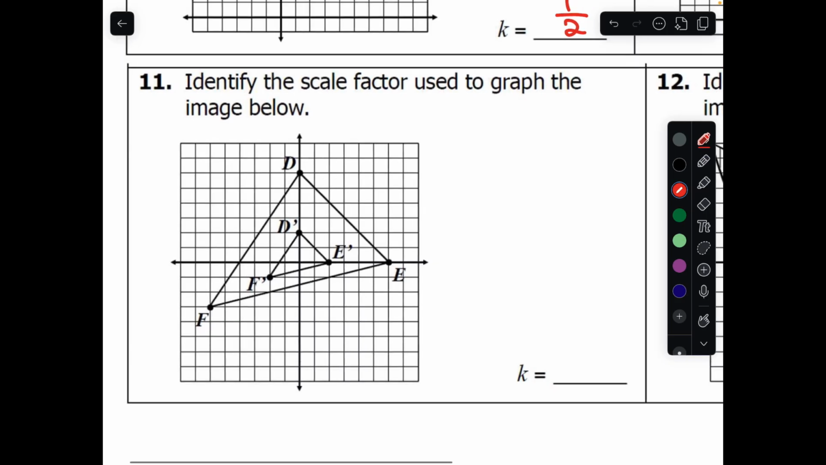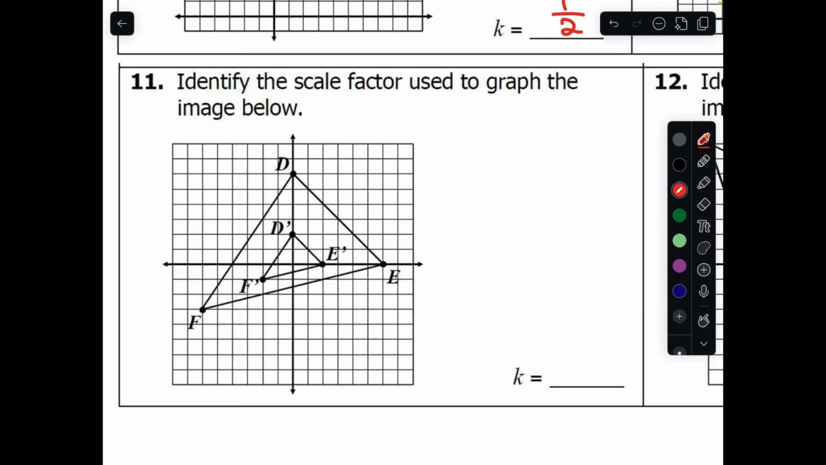For number 11, this one's a little bit different because we don't have a side that we can count. We're still going to need the fact that k is equal to something about the new shape over something about the original shape. I do see these points here. D is at 0, 1, 2, 3, 4, 5, 6. So it's at 0, 6. And D prime is at